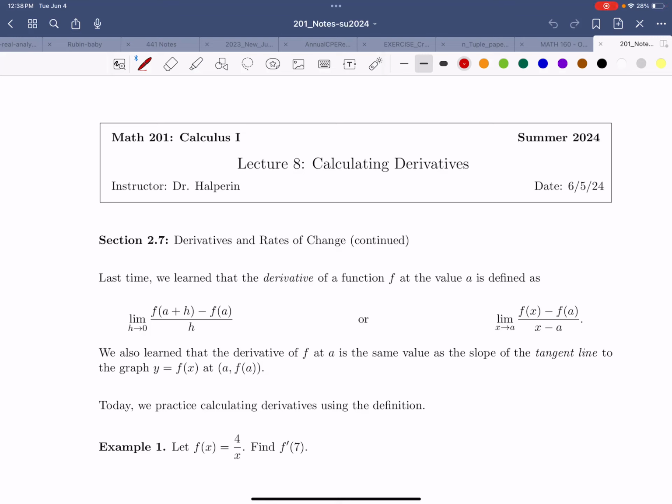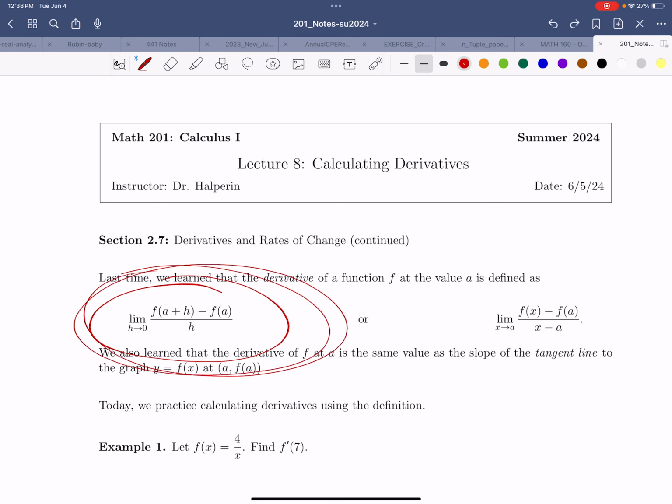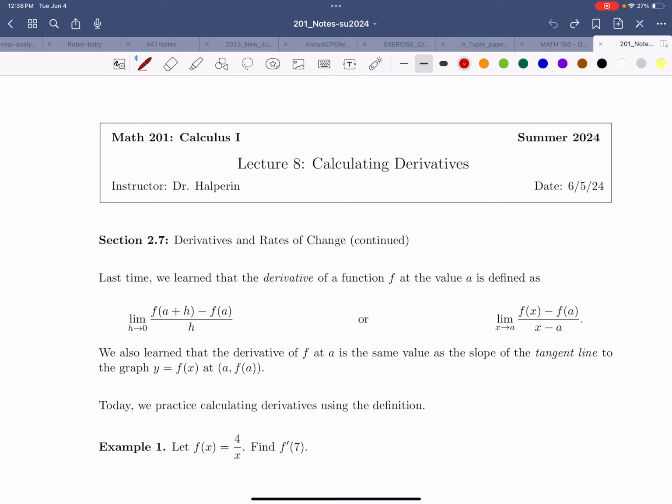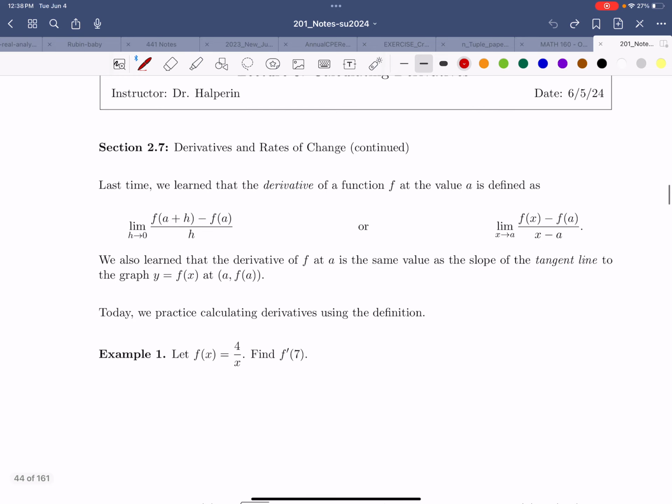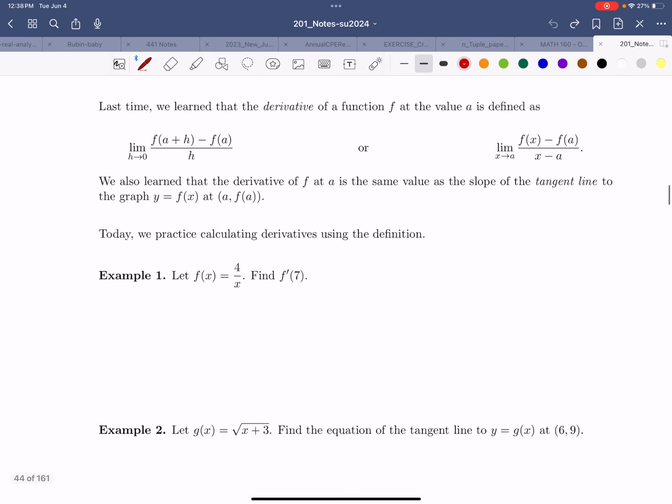Let's finish section 2.7, derivatives and rate of change. Remember, we learned the most important definition in Calculus 1, the limit definition of the derivative. Now remember, we tend to focus on this definition. You really could use either one, but I'm always going to use the left-hand definition. Remember also the derivative of f at a, it's both the instantaneous rate of change, or instantaneous velocity, and the